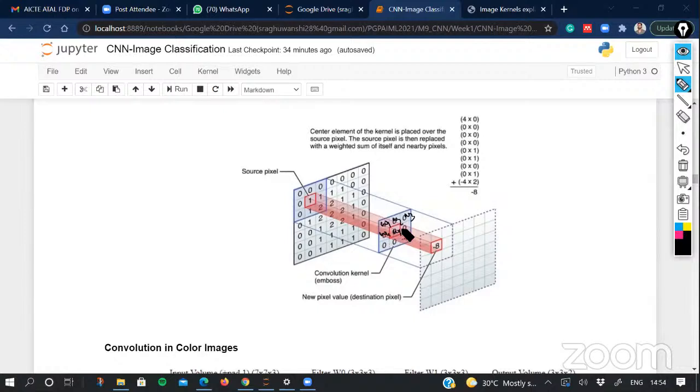And each of these filters comes with one bias parameter also. So it is 9 weights, and you will get 1 output from this. And during backpropagation, especially when we train this network using supervised training, we can adjust these weights to extract the right set of features to get the minimum loss on the output.